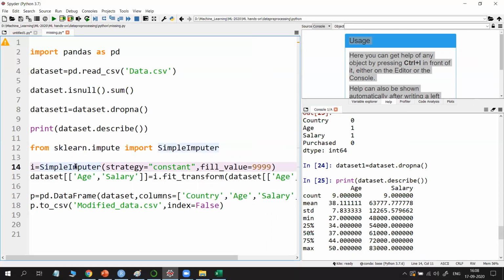Of course, there is also another option. If you install a new Spyder, Kite comes with it. Kite also shows some information about this SimpleImputer class. So just click it. But you must have an internet connection to do this.